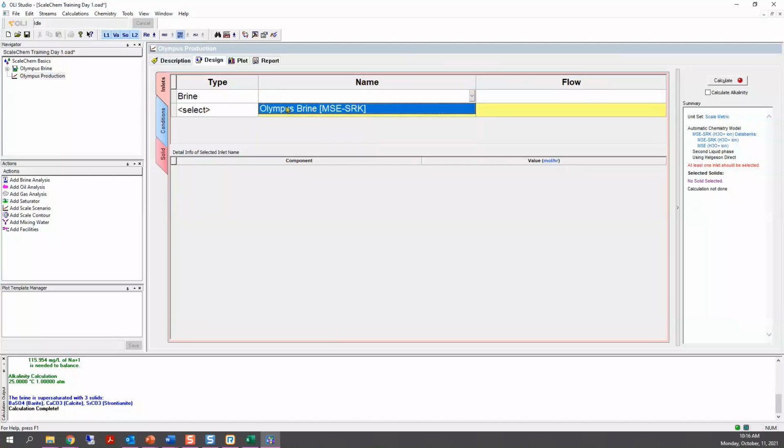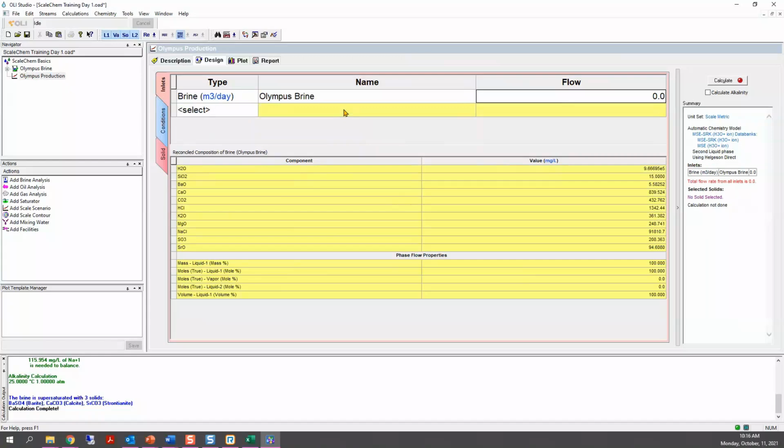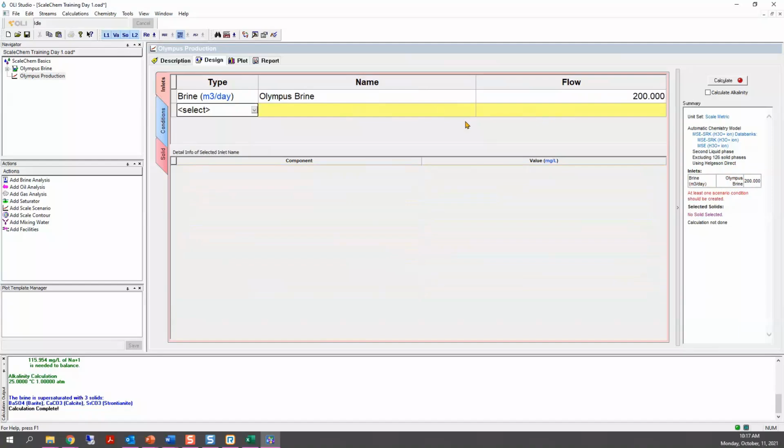And the software immediately recognizes that we have created one brine named Olympus Brine that has been created in the MSC SRK framework. We select it, and then we need to define the produced brine flow that was measured at the separator.